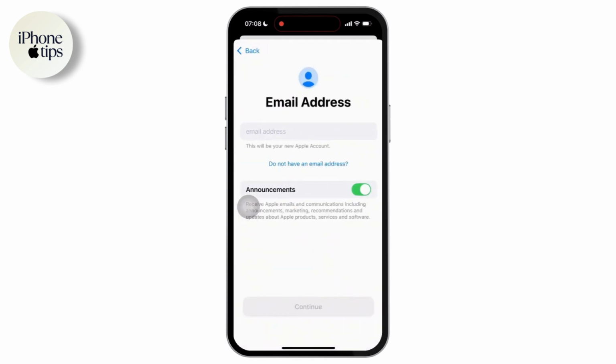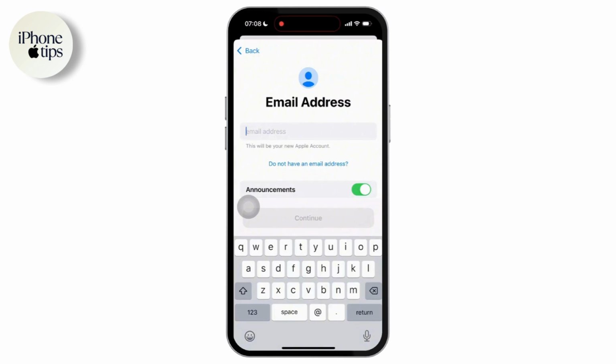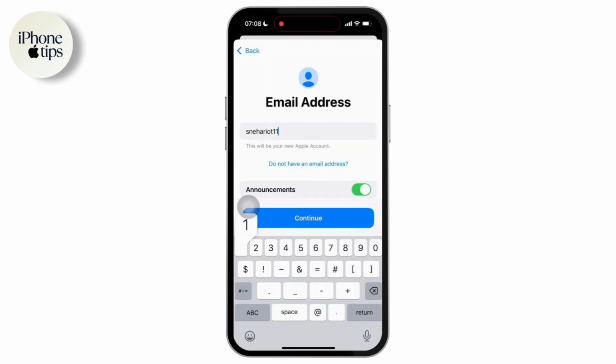Now, enter your email address. Use the existing email address or select Get a free iCloud email address to create a new iCloud email. So, here I am creating a new iCloud email. Now, once done so,